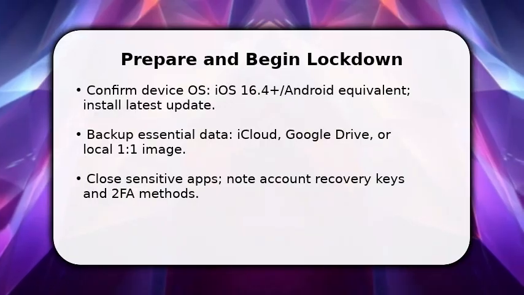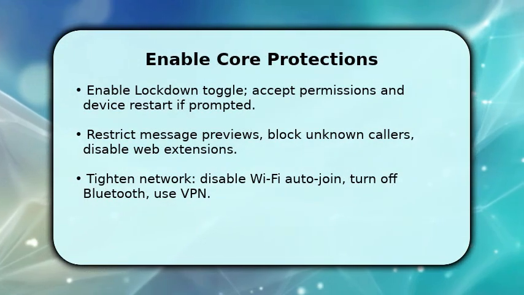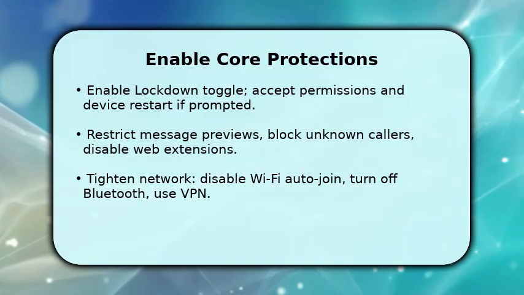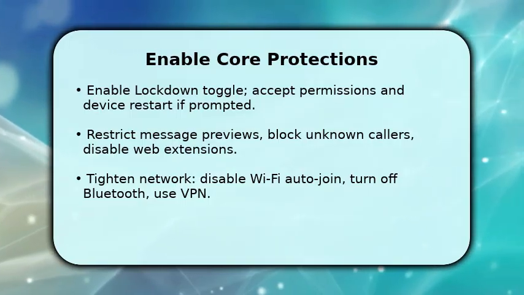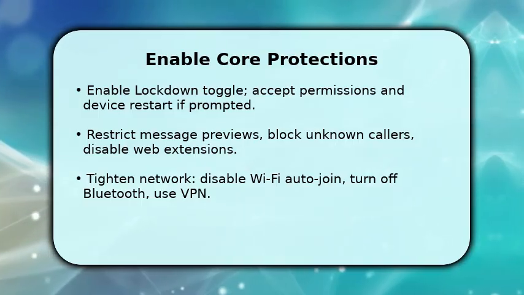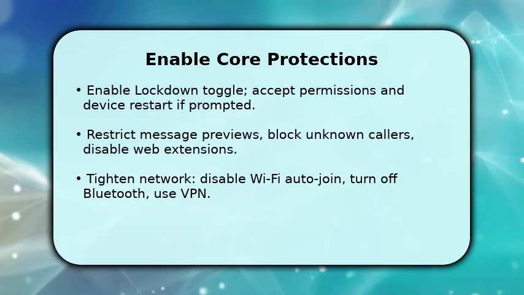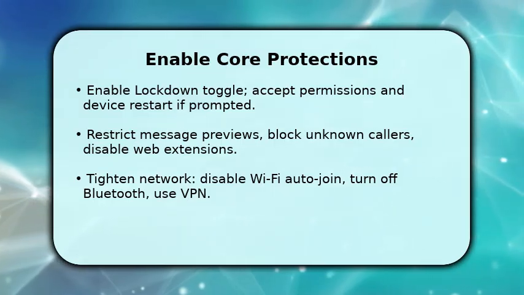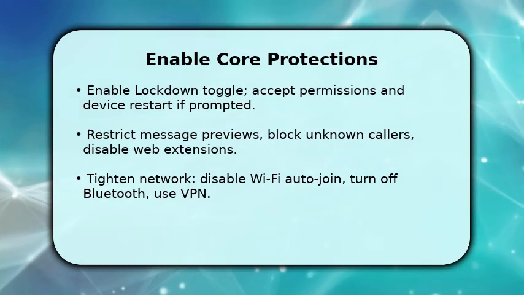You now enable the core protections inside lockdown mode. Flip the main toggle and follow prompts to grant necessary permissions. Accept a restart if required. Once active, make sure message previews are disabled and unknown callers are blocked, and remove or disable browser extensions and